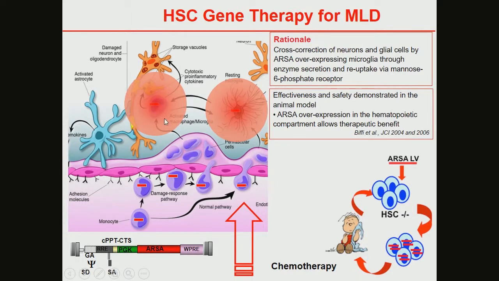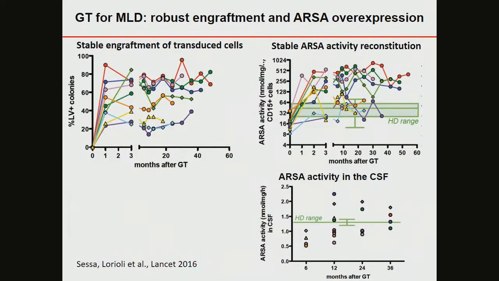Basically these myeloid cells, the monocytes, macrophages, go into the brain and could produce high levels of the enzyme, which could be taken up and then have a therapeutic benefit. This concept, which was developed by Dr. Biffi and Dr. Naldini at our institute in Milano, eventually turned out to be